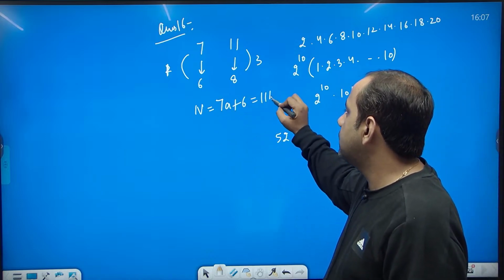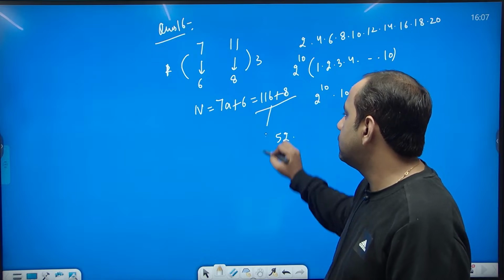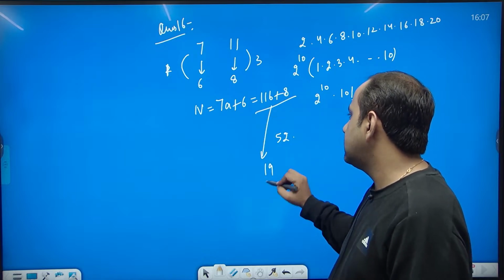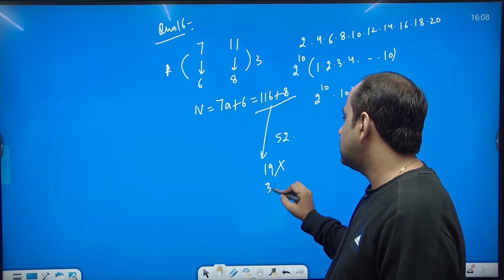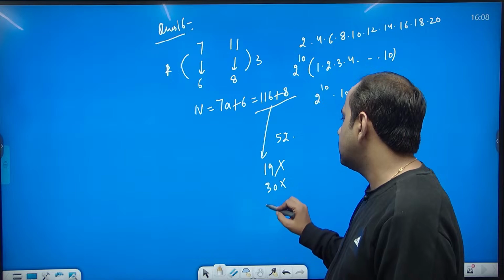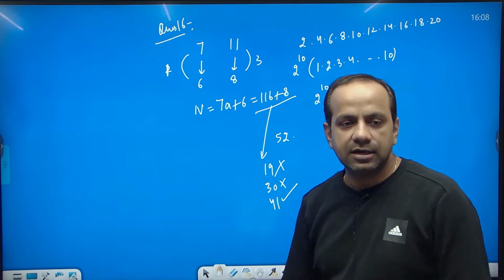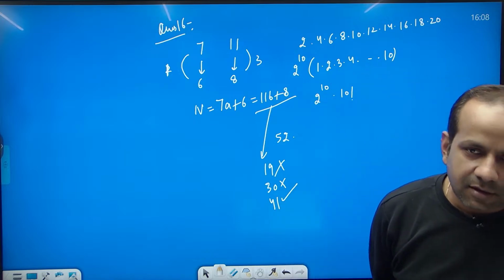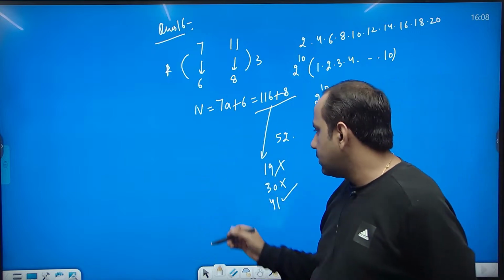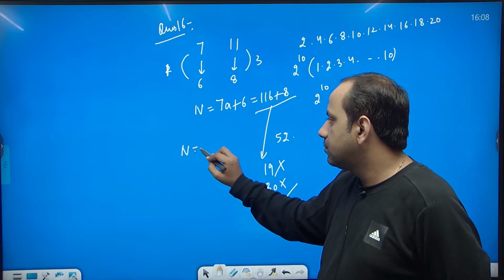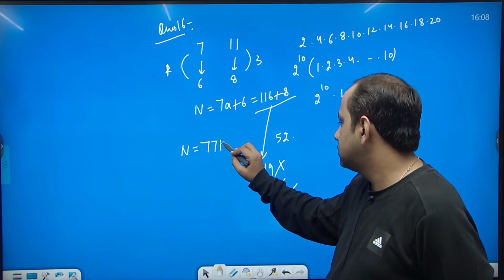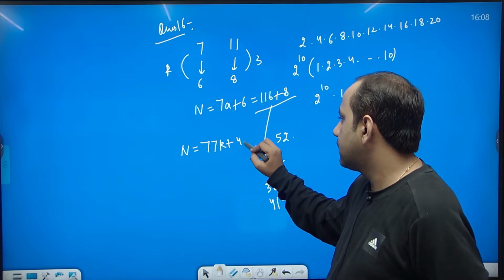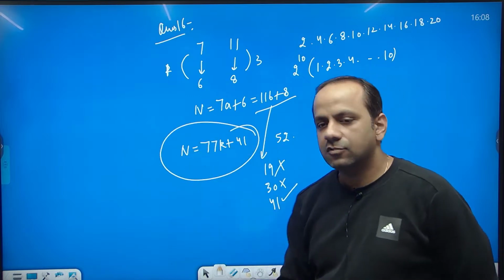and 11b plus 8, you can substitute value of b as 1, it will be 19. 19 is not satisfying. If you put b as 2, 30, it is not satisfying. If you put as 3, 41. 41 is correct answer, ठीक है। और अगर नंबर की जनरल फॉर्म लिखनी होगी, नंबर विल बी ऑफ द फॉर्म 77k plus 41, ओके।